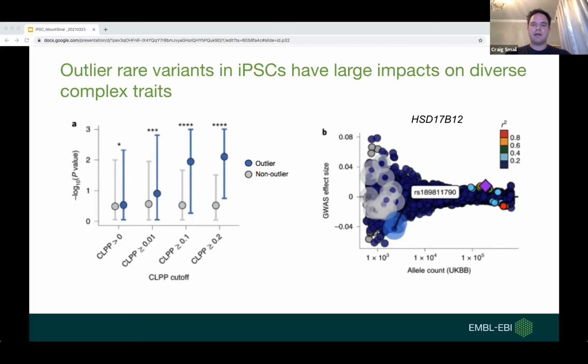So taking a step back, in genes where we know that differences in expression of that gene are linked to significant effects on a trait or disease, we see that the variants linked to gene expression outliers tend to have larger GWAS effects than variants in our matched control or non-outlier variants. So this gives us confidence that integrating outlier expression information here helps to define a set of rare variants with large effects on expression and on